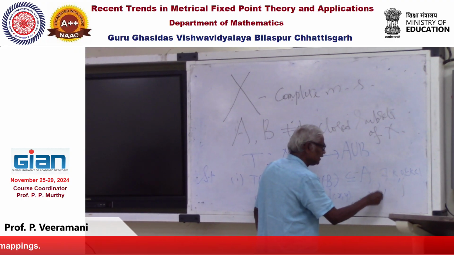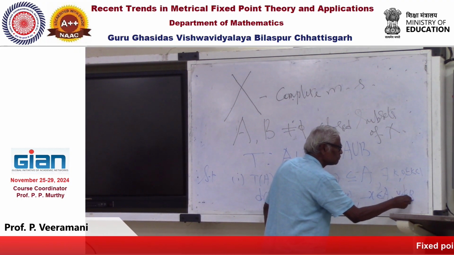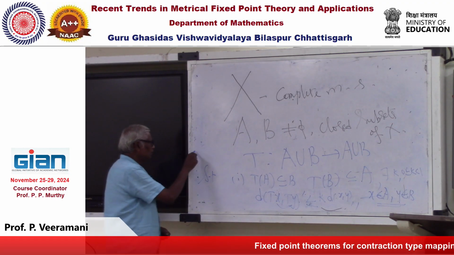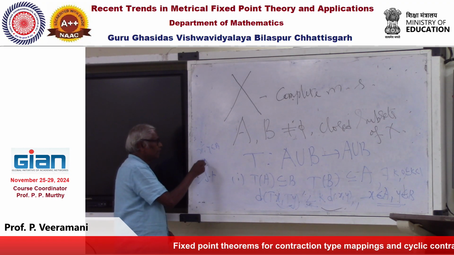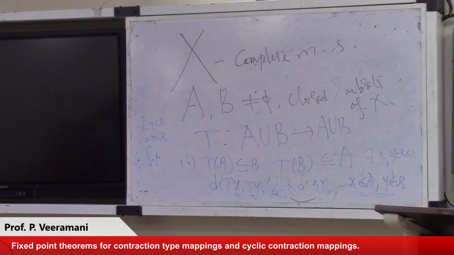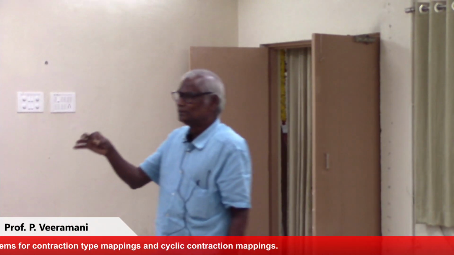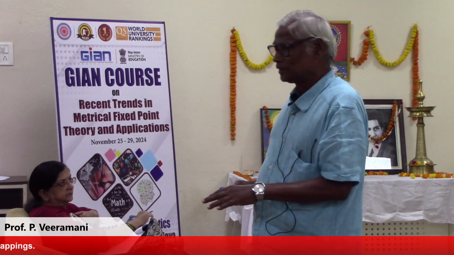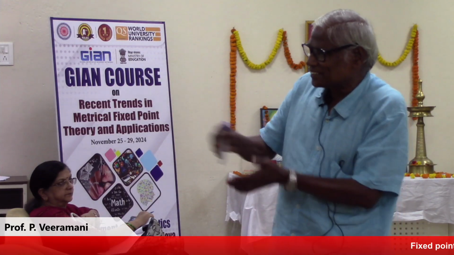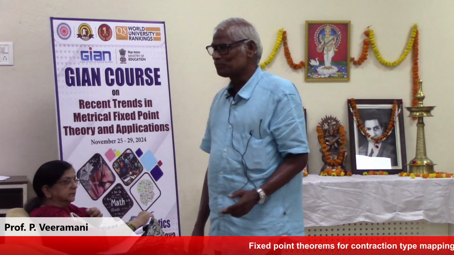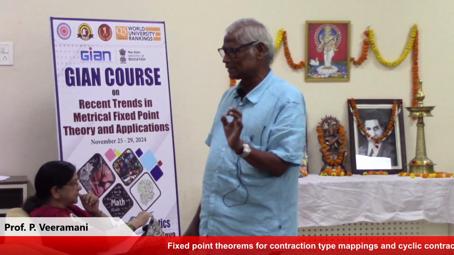for all x in A, y in B. See here, when x, y are both in A or both in B, we cannot write this. Only the distance between Tx, Ty is less than or equal to k times the distance between x, y, only when x is in A, y is in B. It is nothing great, just in a way some simple way; we should not use it otherwise. Right now this condition is there.